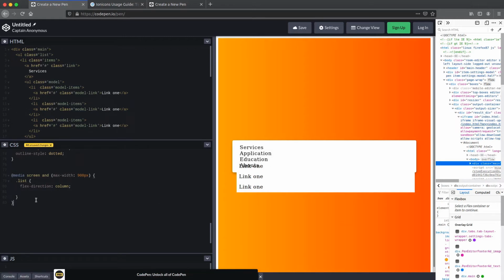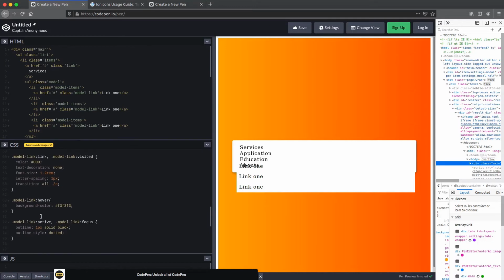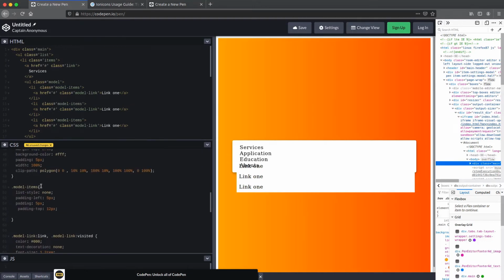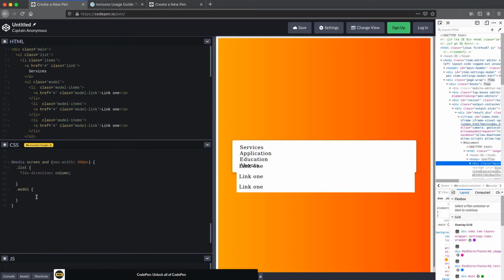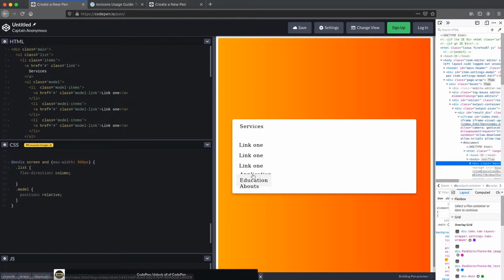Now select again a link that is model. In model guys, I set position absolute. I think this is somewhere. Now change this position from absolute to relative. Now it's good.